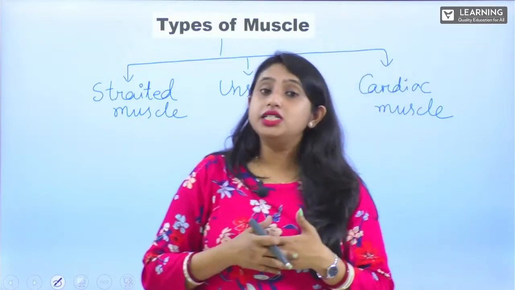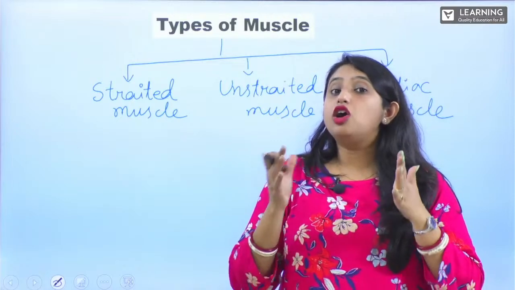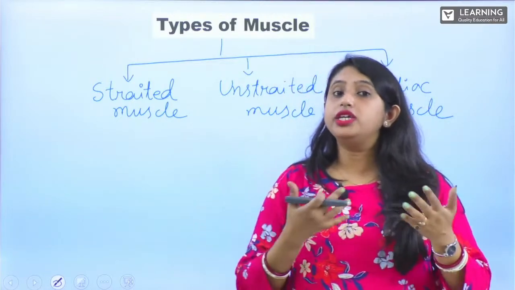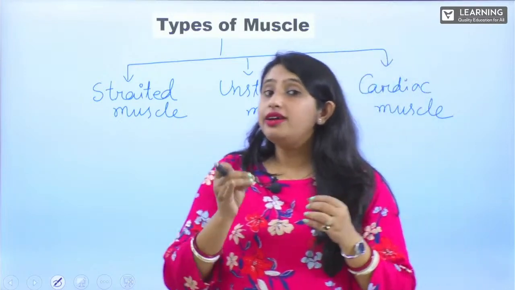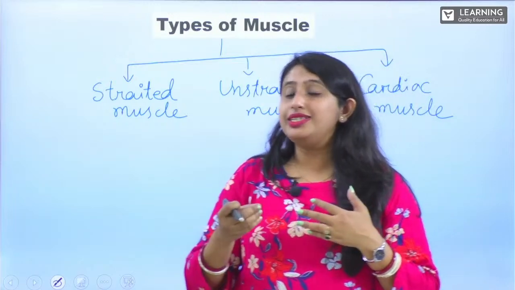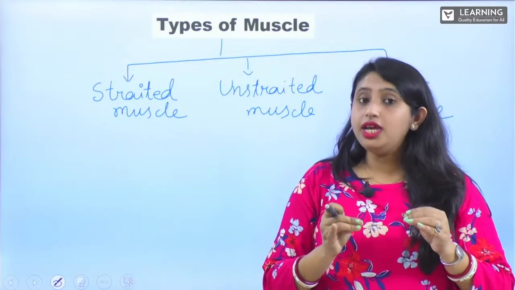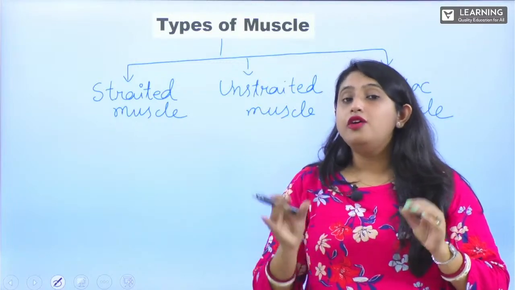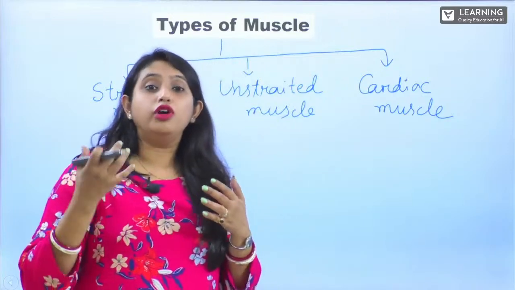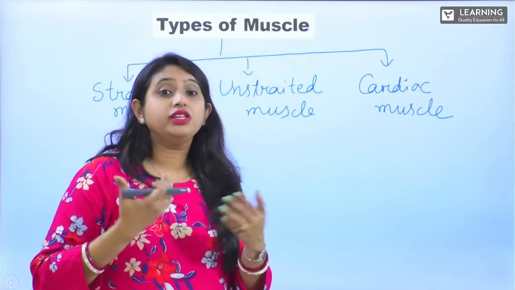So this is unstriated muscle. We cannot control it. These are the involuntary muscles which we cannot control. Where are these unstriated or smooth muscles present? They are present in the visceral organs. Visceral organs are the organs which are present inside our body, inside our coelom or the cavity, which we cannot